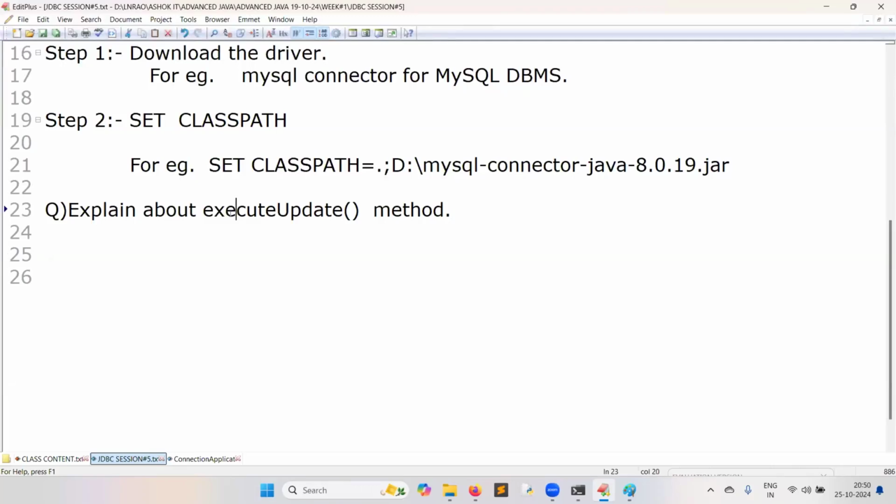First learn JDBC through Notepad. Set the class path and execute from the command prompt. Once you are comfortable and feel that you have learned JDBC, execute all the programs through your IDE, Eclipse or IntelliJ, whichever you are comfortable with. That is my suggestion, the decision is yours. But definitely I will develop one application and show you with Eclipse.